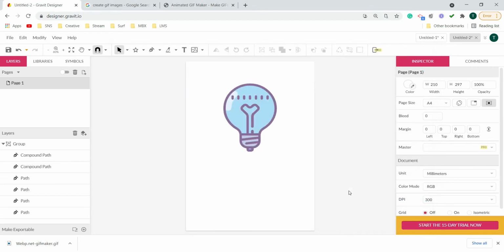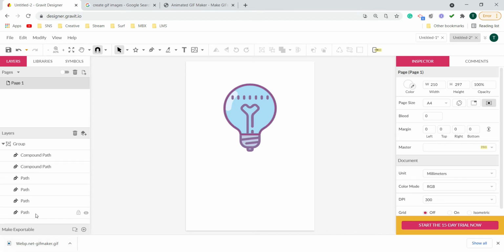Save it. All right. The reason I have done this is that I want to start the GIF animation first, showing that the bulb is switched off, then it will turn on. So for that purpose only, I have exported one image. I will explain it later, what is the use of the images to create GIF animation. But let's just stick to the coloring part. How can we change the color of a design if it is a group?